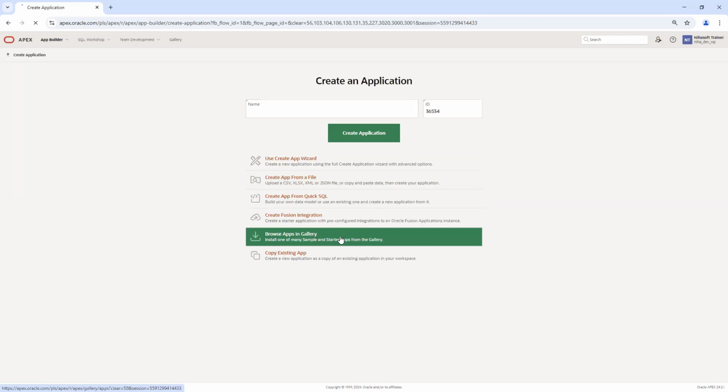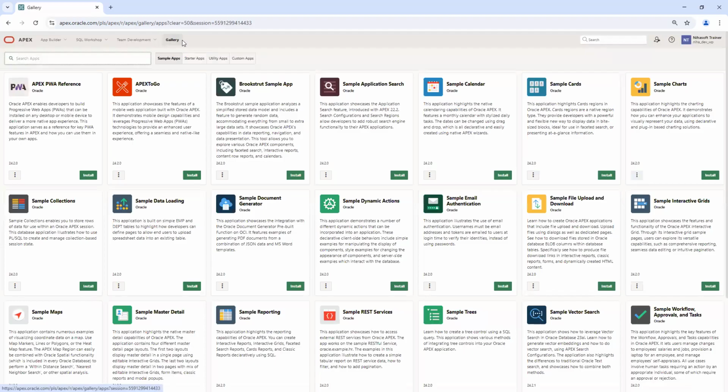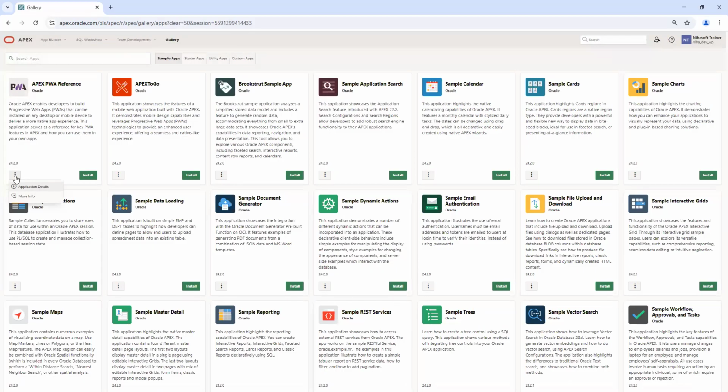When we click browse apps in gallery, it will go to the gallery tab. Here we are able to see some example applications developed by the Oracle team. Then we can directly hit this install button, so that the application will be installed in this workspace, and we are able to run it and also do modifications. Here we have a tiny button, and we have application details and more info. So if I click application details,